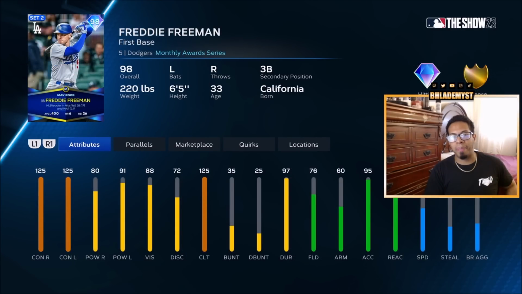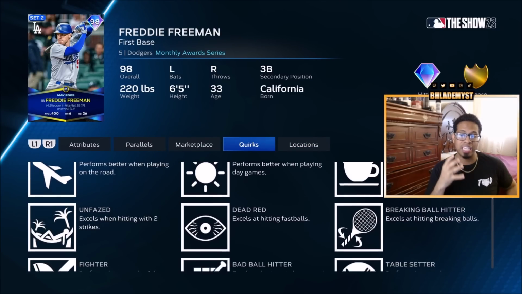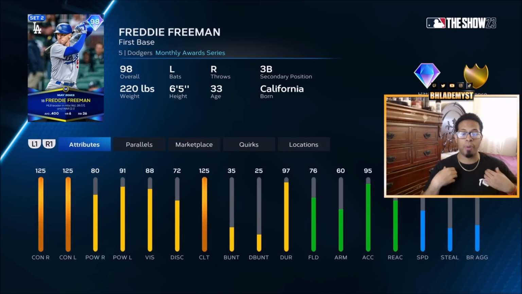Freddie Freeman, max contact regardless of whether there are runners in scoring position or not. He plays first base primary, but he does have secondary at third base. 76 fielding, 72 reaction are both silver fielding and reaction animations. At third, it's going to be bronze reaction animations with silver fielding animations. 58 speed is not bad at all either, and he has a ton of great quirks. I would pick him